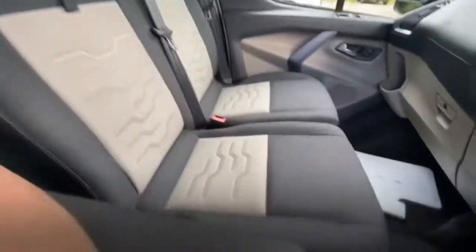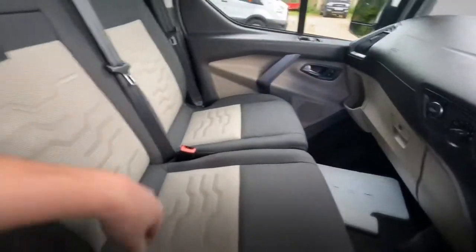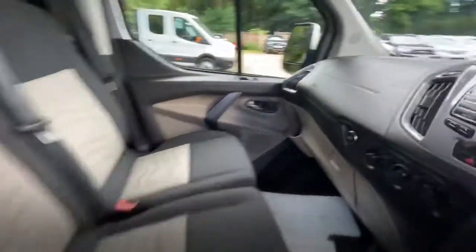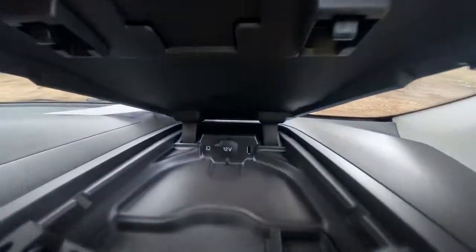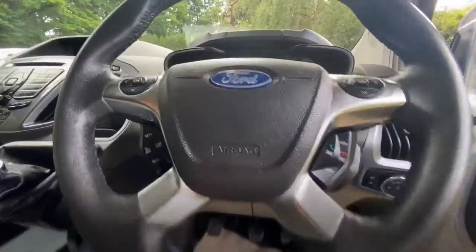Passenger seats in the front, really very clean. There's a pull down section there with a cup holder in the front as well, and there's also bottle holders in the front and cup holders as well, so you've got lots of different options for that. There's a cubby hole up at the top with 12 volt and USB. Loads and loads of